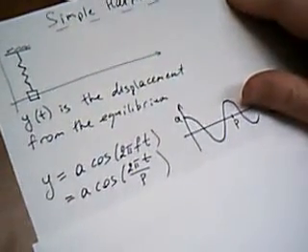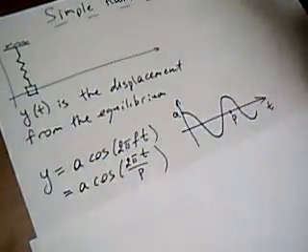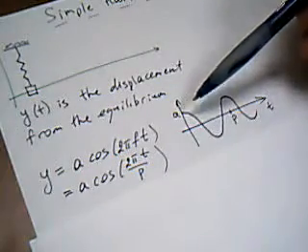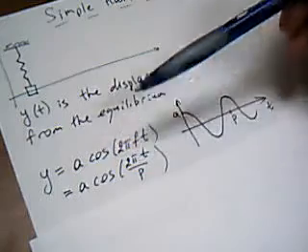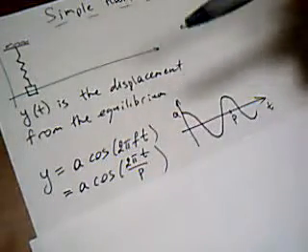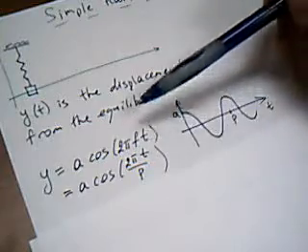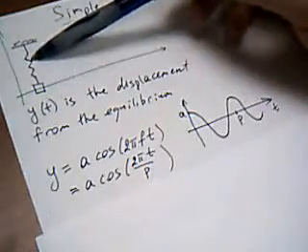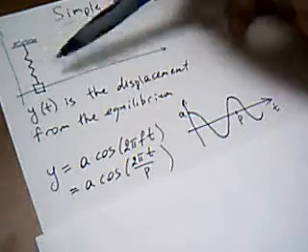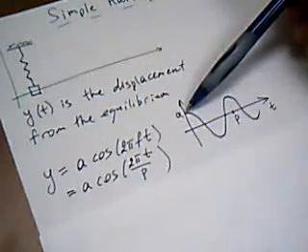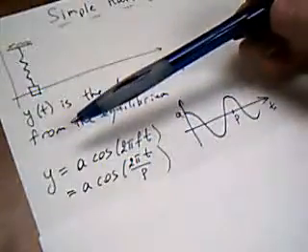Now it can be shown using laws of physics that the displacement y can be described as a function of time, either as a cosine or as a sine curve. So if the maximum displacement occurs at time equal to 0, so if this mass is pushed to the top and then released, then it is the cosine curve rather than the sine curve, and the equation of motion is